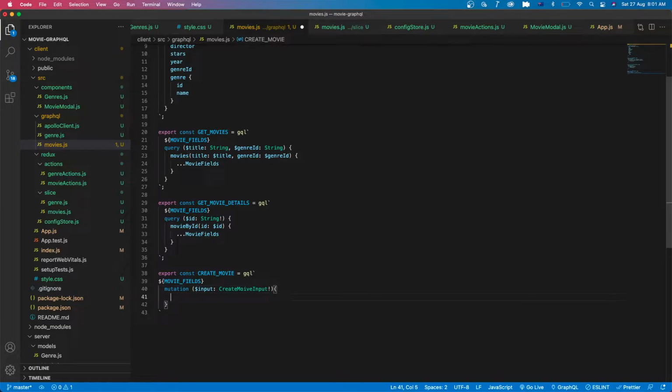And then createMovie, input, and we have movie fields. Then just clone it to the